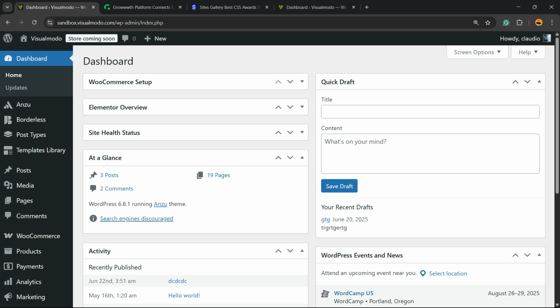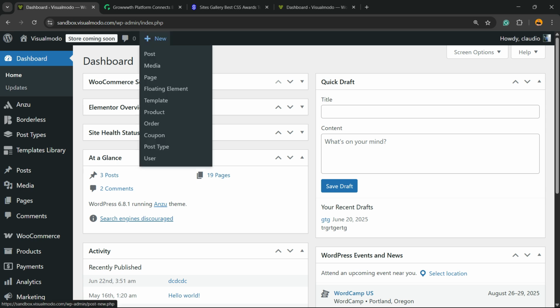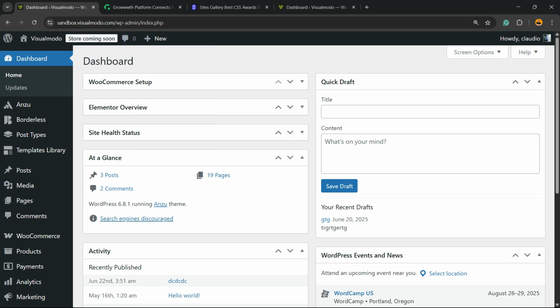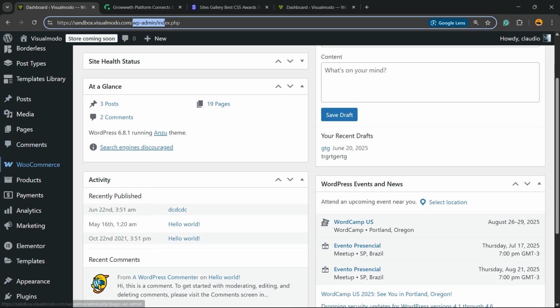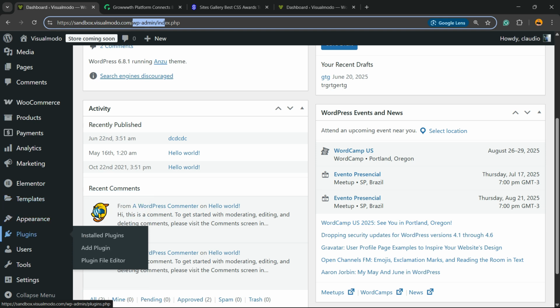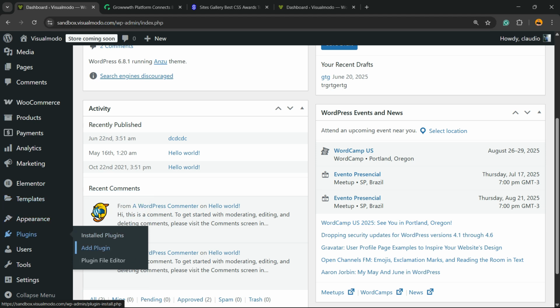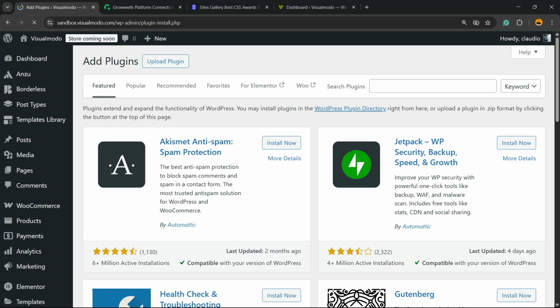So, first thing, go to your WordPress dashboard. To access the WordPress dashboard, all you have to do is enter into the browser address bar your domain name plus wp-admin. Enter your username and password, review the left sidebar of menus, hover the mouse over Plugins and hit the submenu Add Plugin. Once right here, review the upper right corner of your screen, there is an option called search plugins. Click and type